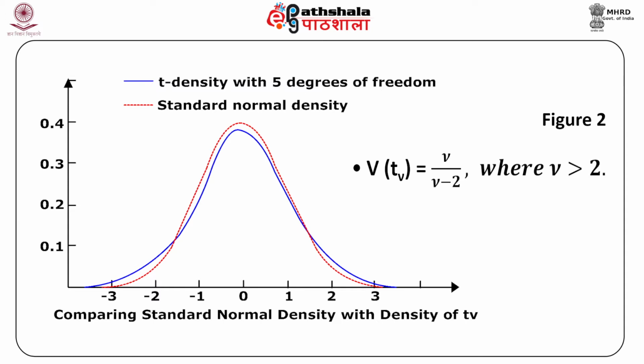However, as nu increases, the variance of t nu tends to be equal to 1, because you may find that the difference between the numerator and the denominator would tend to be small. And this t nu curve in that case approaches the standard normal curve. So as nu tends to infinity, the two curves become the same, because as we said, the variance would tend to be equal to 1. So we have this diagram where you can compare the t density with 5 degrees of freedom and standard normal density, how they are different and how they could tend to be equal as we increase these degrees of freedom.